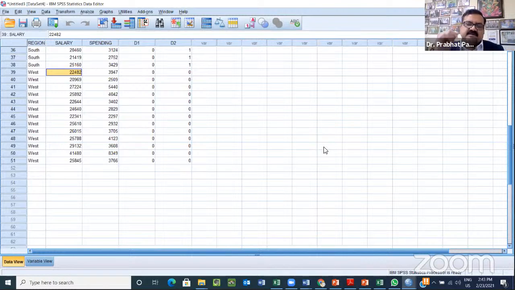So there are 2 ways to create dummies. One is that you keep the intercept in your equation, so your equation is the same, y is equal to beta 0 plus beta 1 x. But in this case, you create dummies minus 1. That means if there are 3 categories, you create 3 minus 1, 2 dummies. But in case you create 3 dummies out of 3 categories, then your equation will be y is equal to beta 1 x. There will not be any beta 0 in the equation.